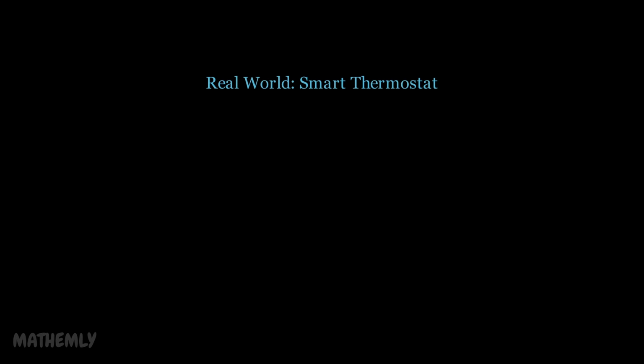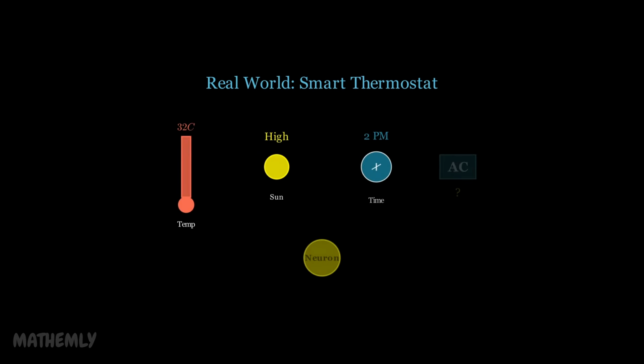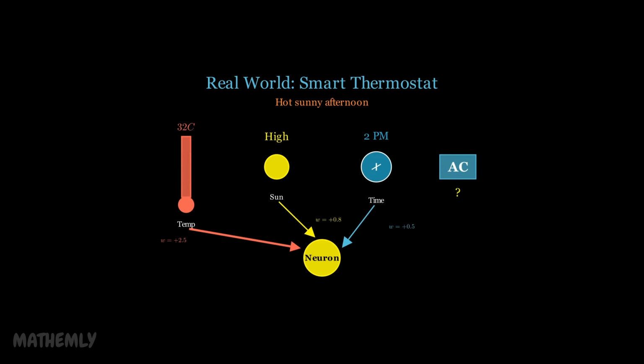Think of a smart thermostat deciding whether to turn on the air conditioner. It looks at inputs like room temperature, sunlight, and time of day. If the room is very hot, the temperature input will have a strong positive weight because it greatly increases the need for cooling. Sunlight might have a smaller positive weight, while time of day could have a negative weight if it is late at night. The bias sets the base comfort level like your preferred default temperature. All these weighted inputs are added together, and once they pass through the activation function, the neuron outputs its decision,